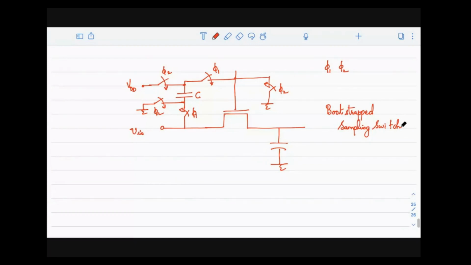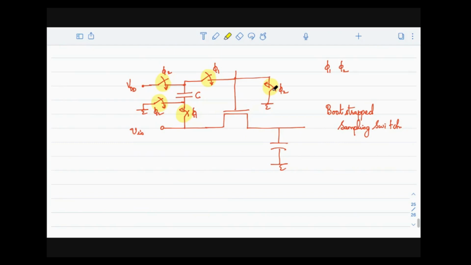Now the question is, how will I implement it? Initially I wanted only one switch. Now how many switches do I have? I have 1, 2, 3, 4, 5, so 5 additional switches now. Now I should see how to properly choose these switches and how I'll make the rest of the connections so that the sampling switch will work. So we'll wind up here.